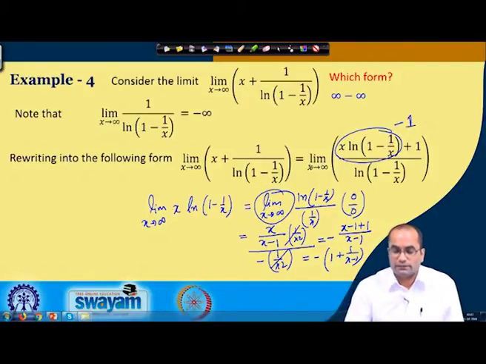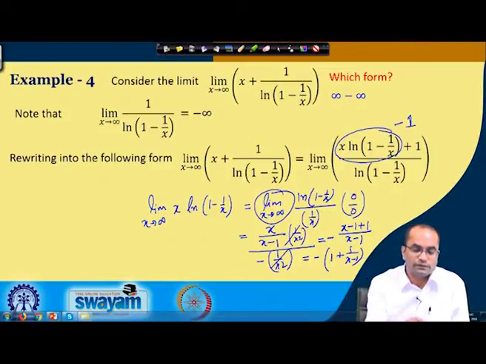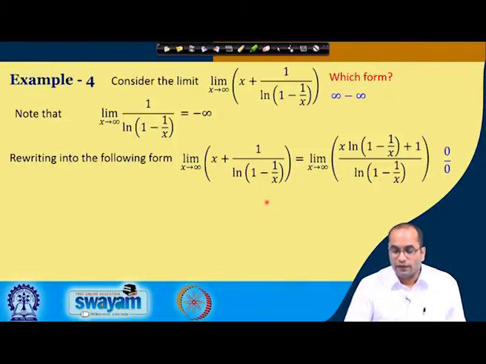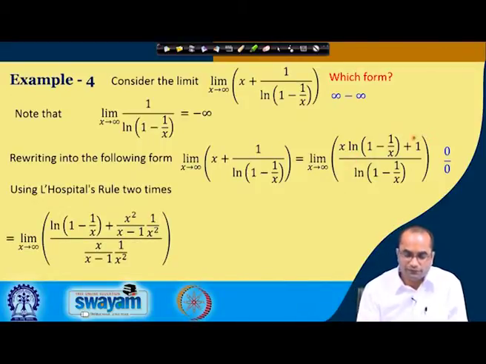So, in this case we have 1 minus 1, 0, and divided by 0. So, this is basically 0 by 0 form. And now we can apply the L'Hopital rule. So, we have to get the derivative of this term and the derivative of this term. So, the derivative of this term will be, the product rule will be applicable here. So, the derivative of x is 1 and then we have exactly this term ln 1 minus 1 over x,